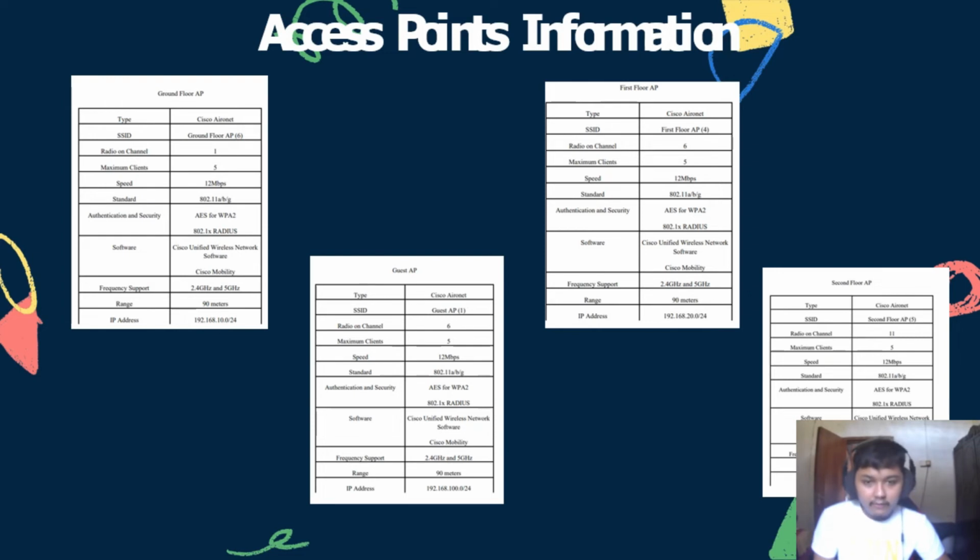192.168.100.0/24. For the first floor AP, we use the same AP and the SSID is first floor AP. The radio channel is 6, the maximum client is the same, 5. The speed is also the same. Authentication and security, software, frequency support and range are the same, and also the IP address is